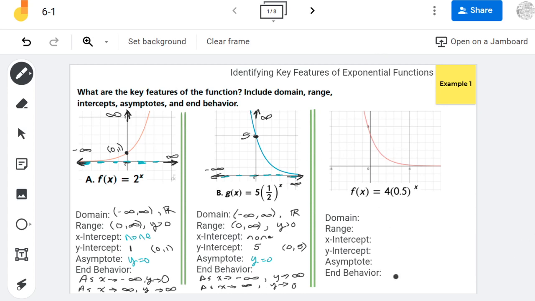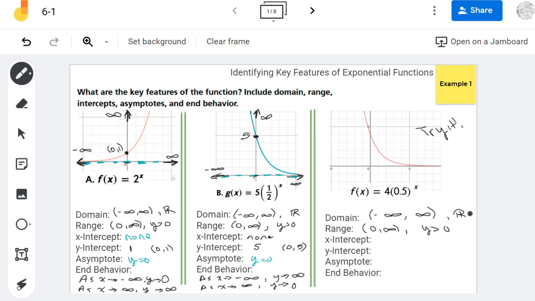Alright, so now this third one I believe is the try it. I'm going to write the word try it here to remind you. So our domain is again the same. Our range in this case is also the same, right? Because we have that asymptote at y equals 0. Now the range of all of these isn't always going to be the same